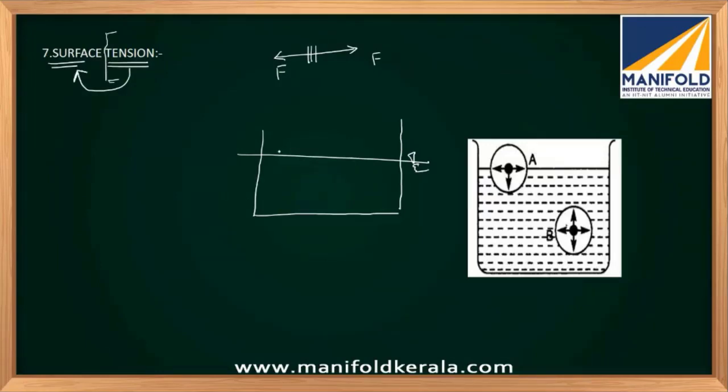That is, let us consider a tank, and these are water molecules or some fluid particles inside the tank. This is the free surface, the inverted triangle here. This is the free surface. Let us consider a molecule A which is totally immersed in the fluid, and there is some molecule B which is partially immersed in the fluid. That is, in the bottom portion you have fluid and in the top portion you have air or some gas. Now, tension is due to forces.